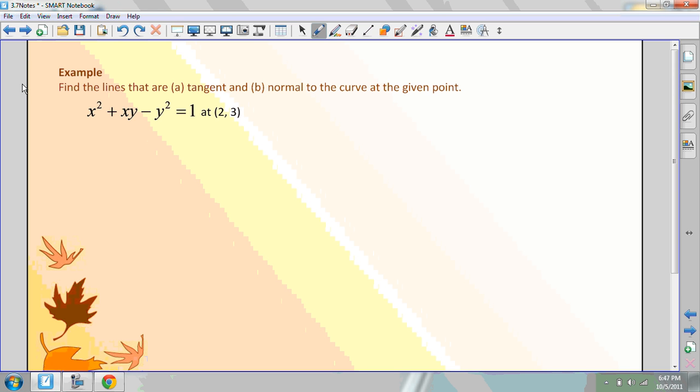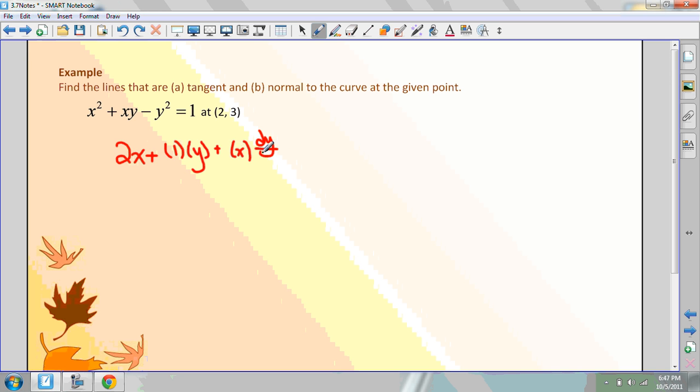Now we want to do the exact same thing, only I want to go one step further and actually find the equation of the tangent and normal lines to this curve at the point 2, 3. So derivative of the first, so derivative of x squared is 2x plus, this is the product rule, derivative of the first is 1 times, leave the second as it is, plus the first as it is, times derivative of the second, which is dy dx,